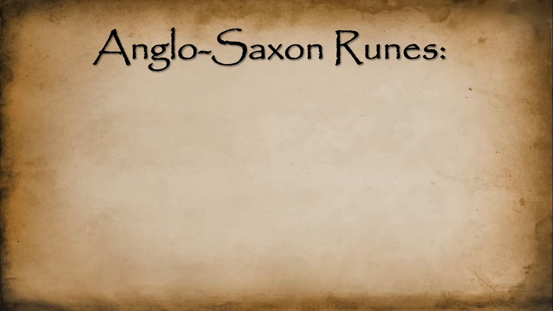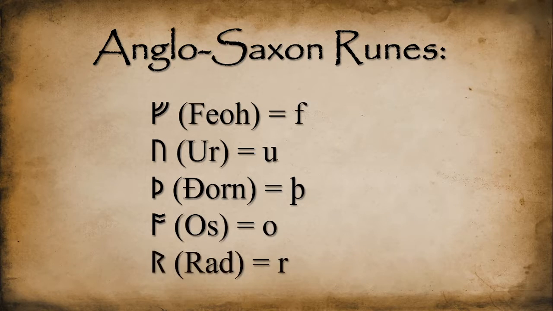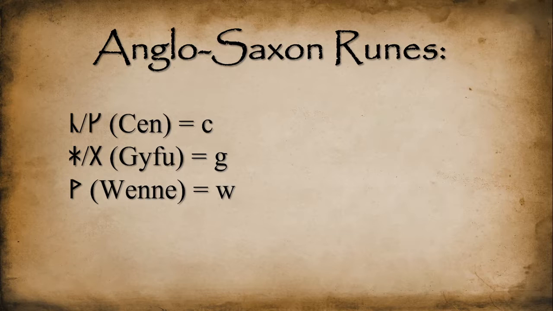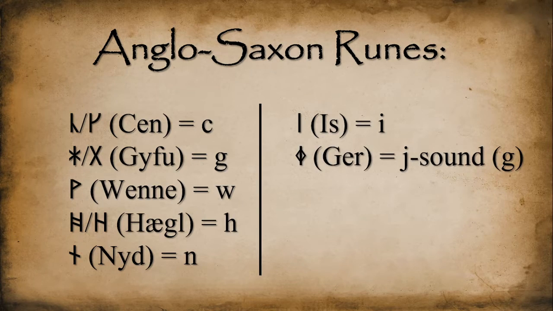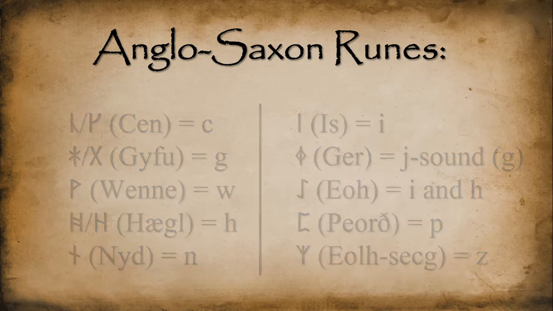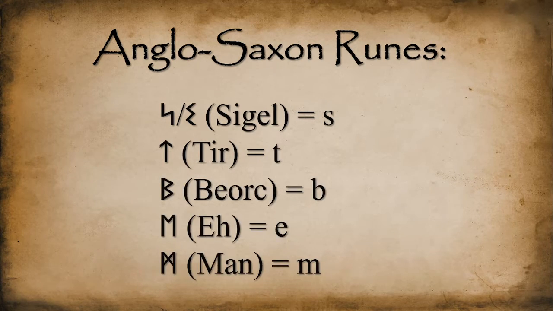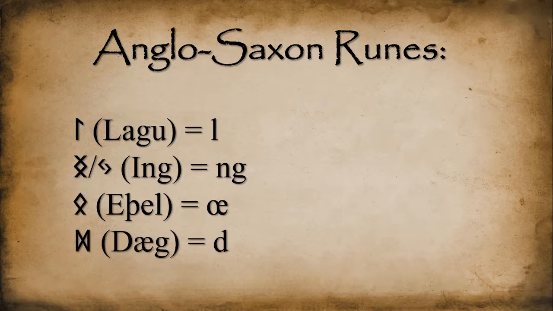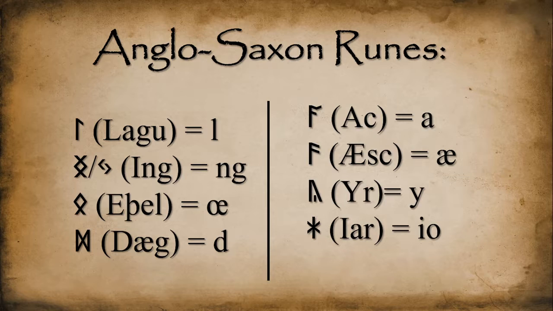The Anglo-Saxon runes consisted of Feoch for F, Ur for U, Thorn for Thorn, Os for O, Rad for R, Gien for C, Jufe for G, Wenne for W, Heil for H, Nud for N, Is for I, Yer for a Y sound, G in some situations, Eoch for I and H, Perth for P, Elchseg for Z, Ciel for S, Tier for T, Berk for B, Eich for E, Man for M, Lare for L, Ing for NG, Edel for OE, Die for D, Ak for A, Ask for Ash, Ur for Y, Ir for IO, and